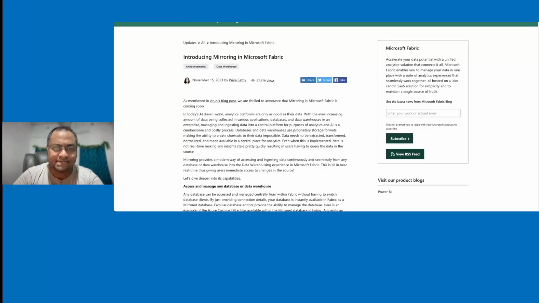And today's topic is database mirroring, which I think is one of the top 5 features in Fabric. Now, before going into what is database mirroring, what are the prerequisites, and how we can implement it, let me